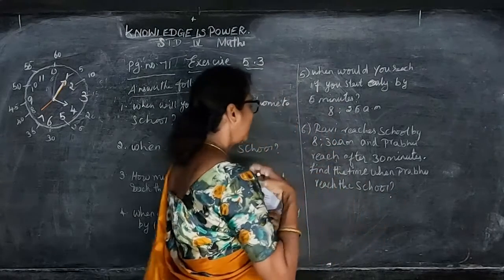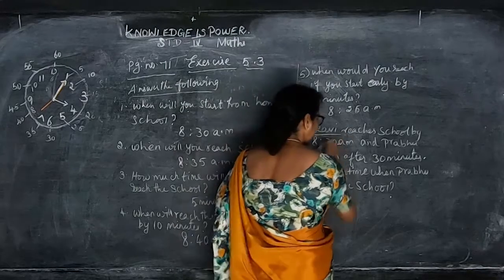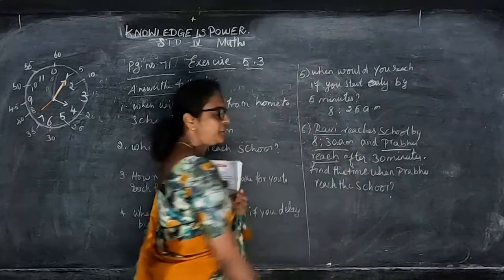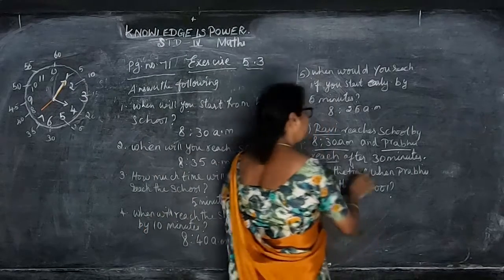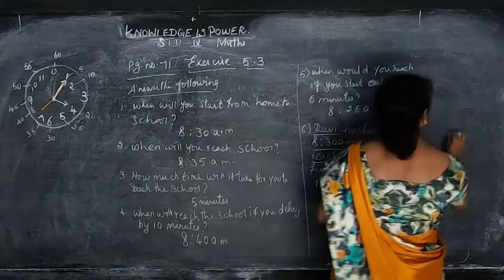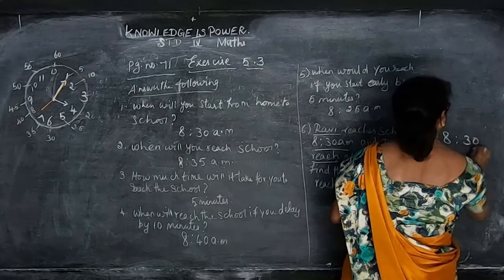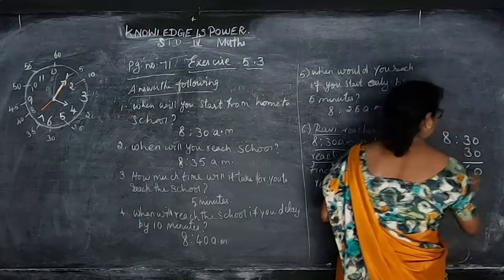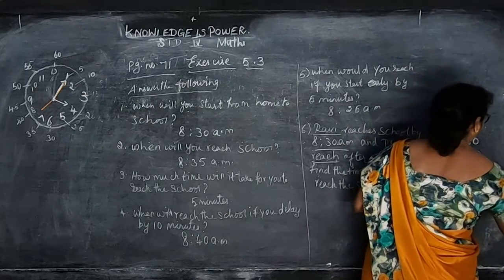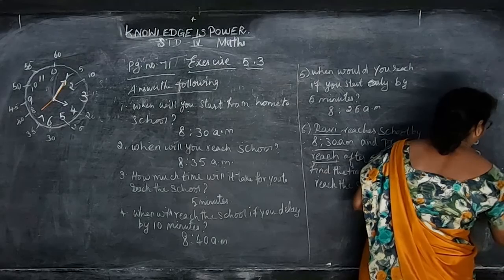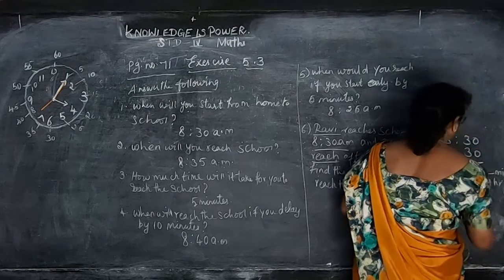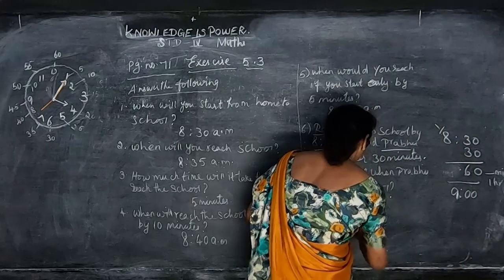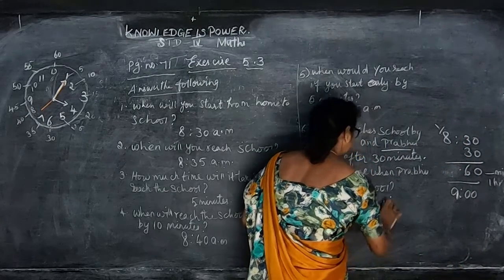So, Ravi reaches the school by 8:30 a.m. and Prabhu reached after 30 minutes. Even Kalambi 30 minutes Prabhu varum. Find the time when Prabhu reached the school. So, what you have to do, in the 8:30 oda 30 minutes நீங்க add பண்ணீங்கன்னா 60 வரும். So, 60 na 60 minutes make 1 hour. அப்போ அது 1 hour கணக்கு எடுத்துக்கணும். அப்போ இங்கே 1 ஆட் பண்ணிங்கன்னா that is 9 hours. Okay, so 9 o'clock, 9 a.m.